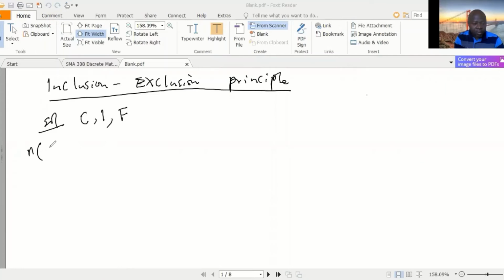So the number of people who took car loans, union investment loans, union school fees loans. So I'm answering question A. Question A was, find the number of customers who took at least one of the loans. Now, this would be given by the number of those who took car loans, plus the number of those who took investment loans, plus the number of those who took school fees loans, minus the number of those who